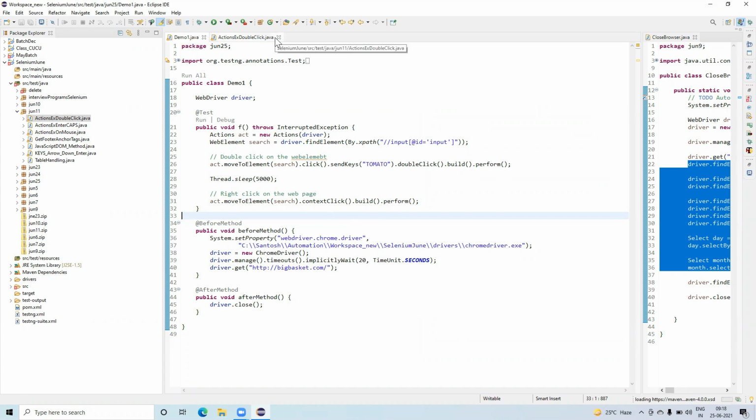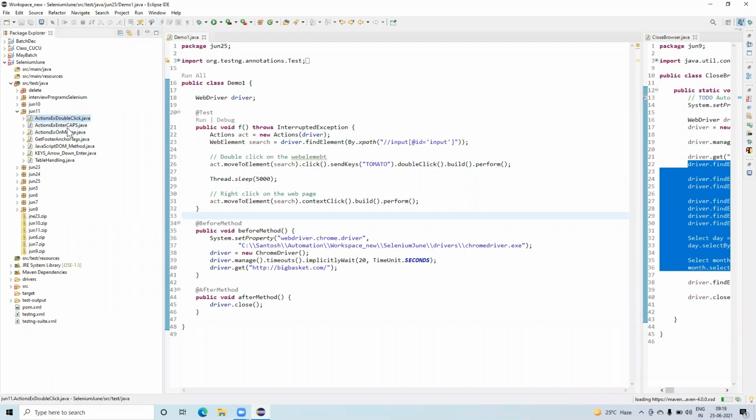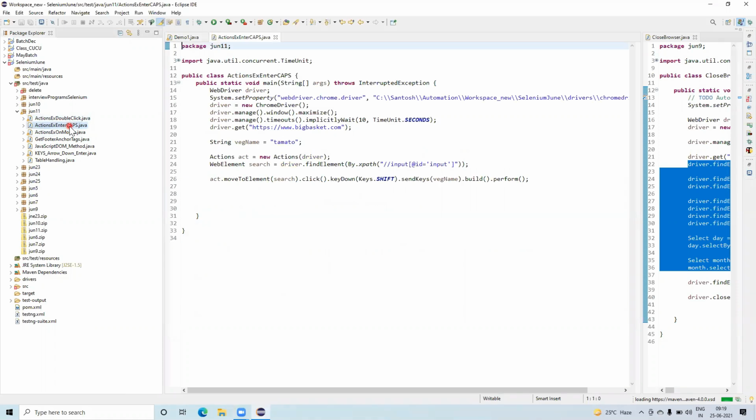Now what I want actually is to write one more test case. Last time what I did, I wrote multiple test cases. Something like this: double click one test case, enter caps one test case, on mouse one test case. Like that I did. That is what I did earlier. Now what I will do, enter caps is there, right? So